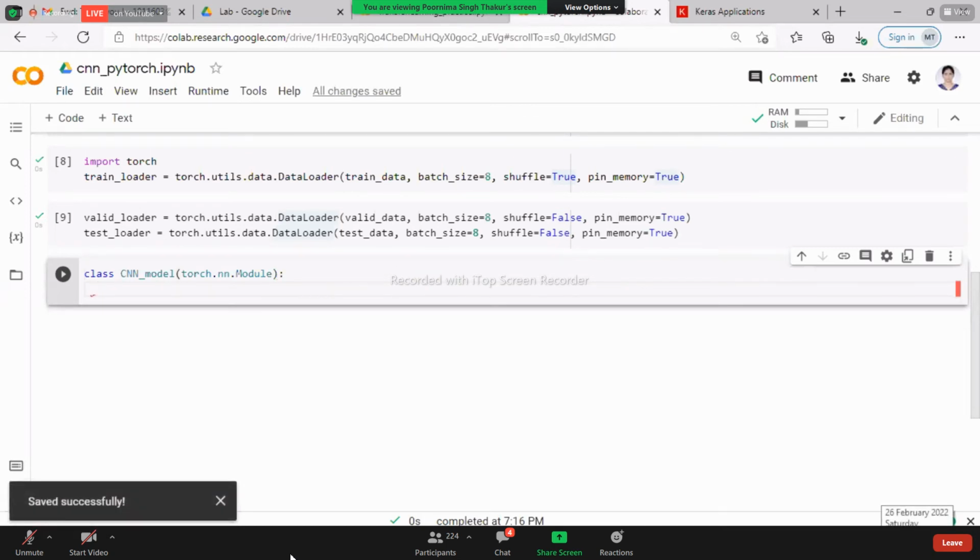And then two functions are present inside the class. The first one is the initialization function, and the second is the forward pass function. In the initialization function, you have to create the variables. In the forward pass, you have to create the structure of the model in the way your model will be working. So let's create the first